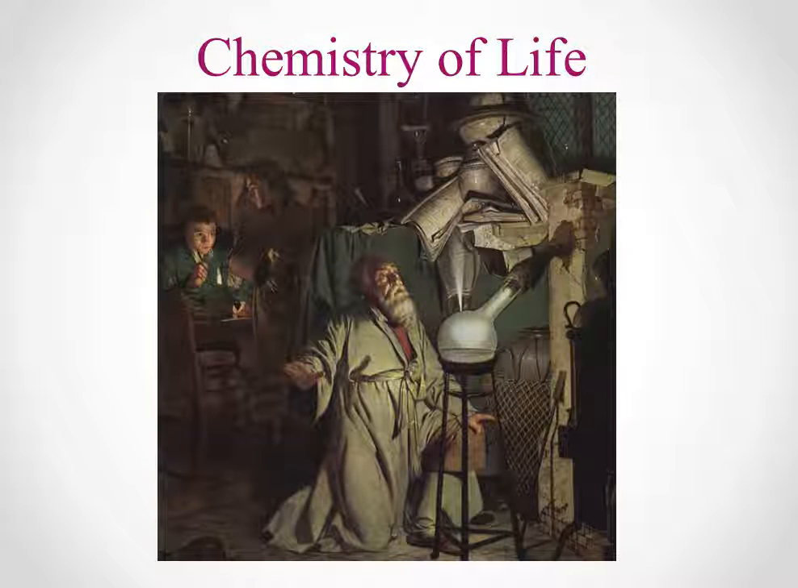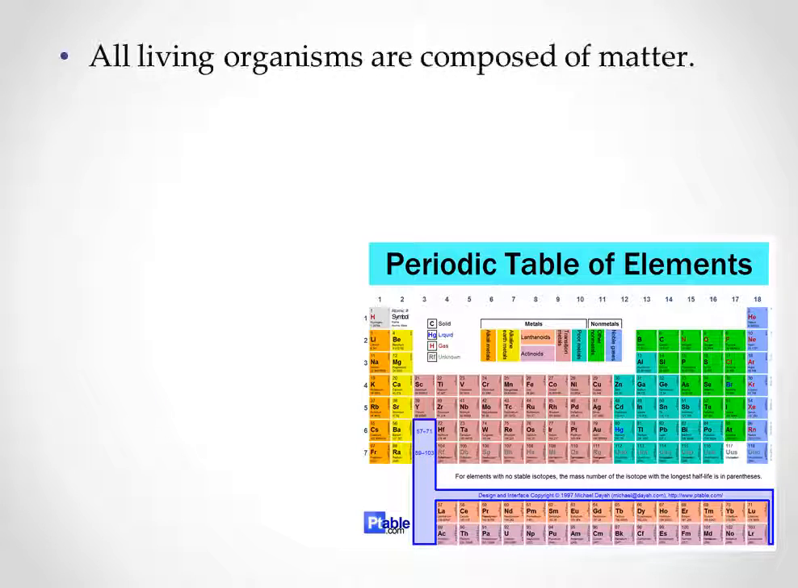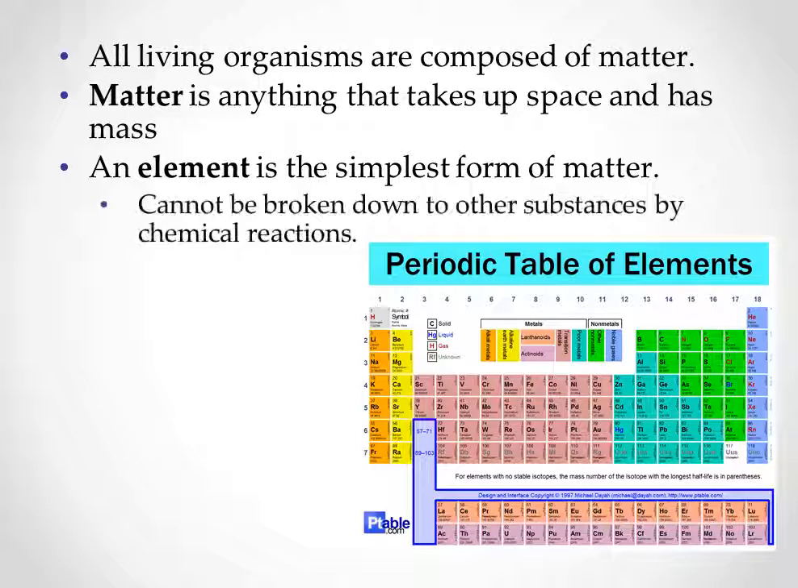So this is Unit 2, Bio. So all living things are composed of matter. What matter basically means is it takes up space and has mass. Now, an element. Okay, so here we have the periodic table of elements. Okay, so each of these elements